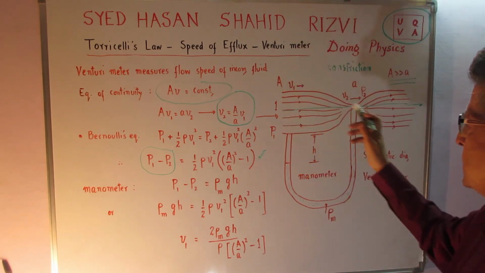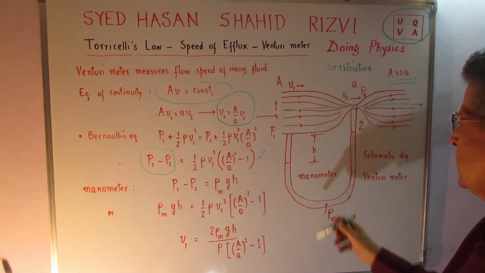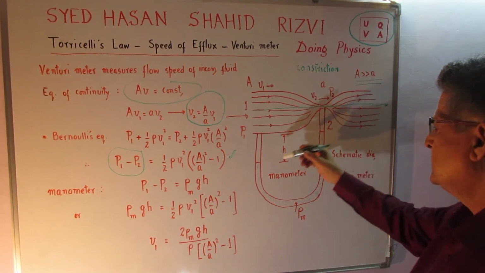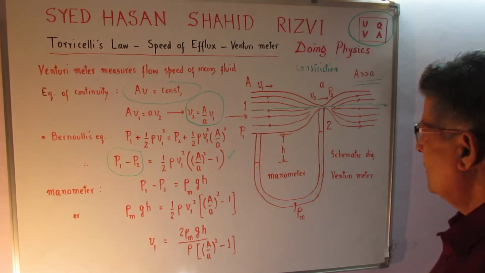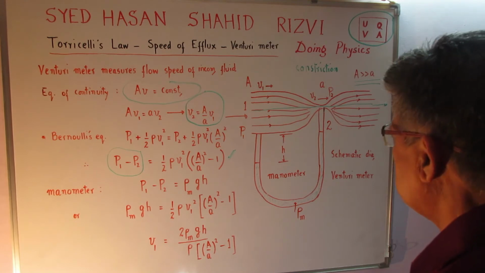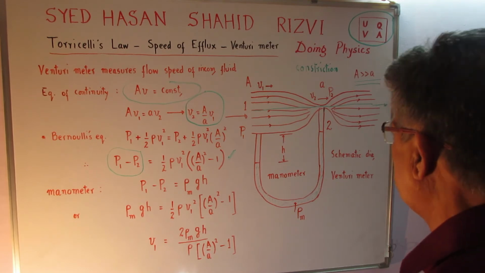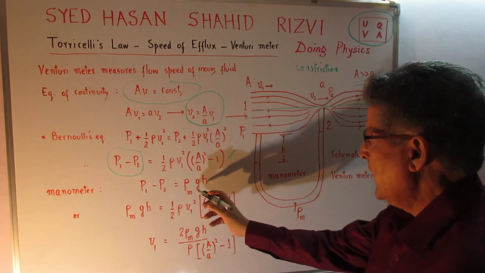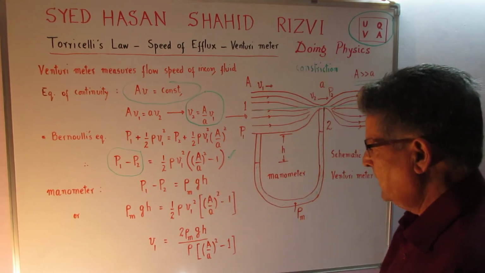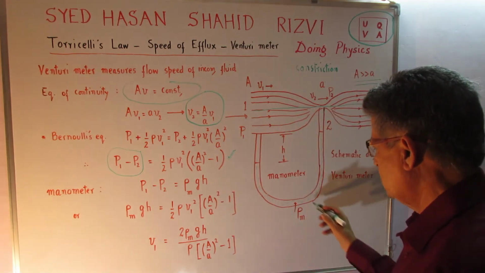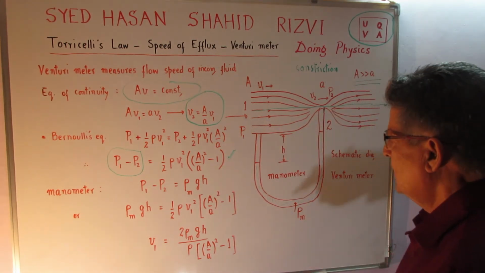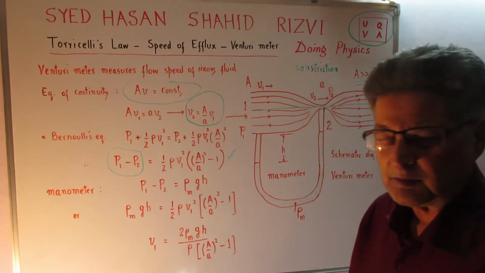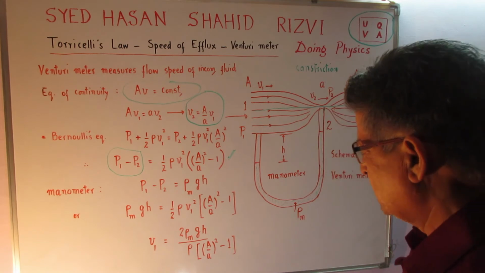and the pressure difference at the points 1 and 2 can be measured with the help of this manometer, and we can see that the pressure over here becomes larger as compared to the pressure over here. So I can write that P1 minus P2 is rho m g h, where rho m is the density of the manometer liquid. It can be mercury or it can be any other liquid. It all depends upon the